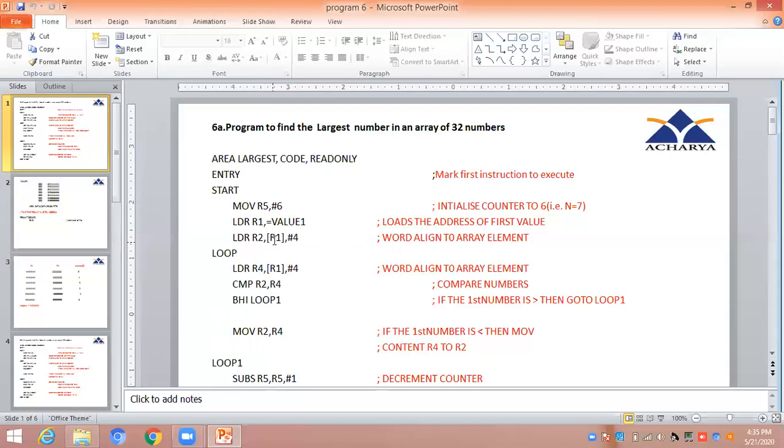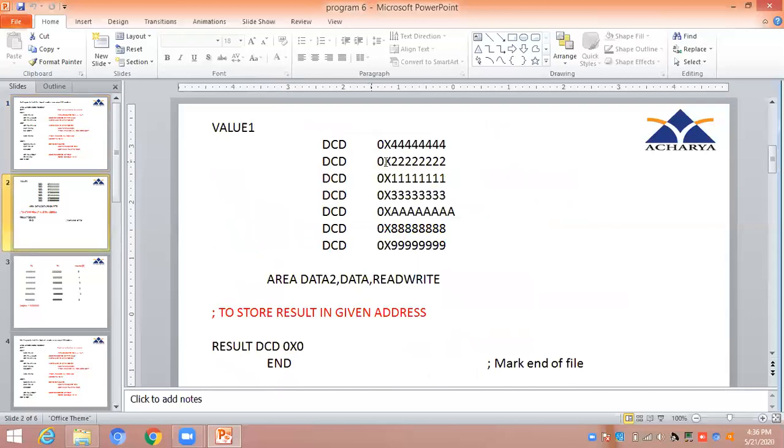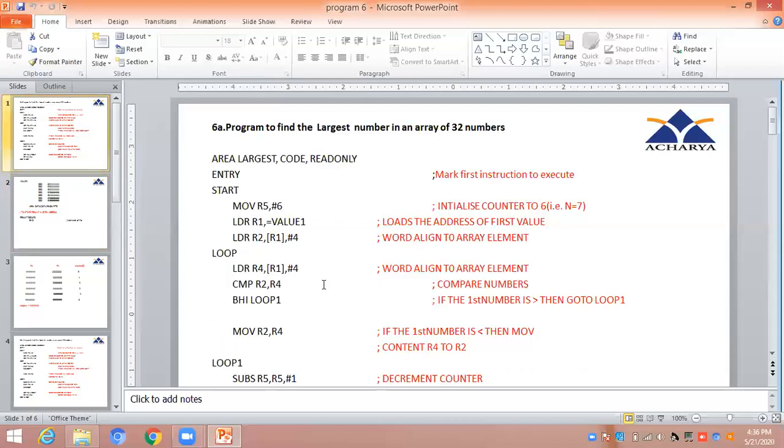First we take the contents of the memory address, in the square bracket. R1 is holding the address, the content of that memory address is loaded to R2, and later that address is increased by 4. So R1 will be pointing to the next data. Now R2 is loaded with 4444.